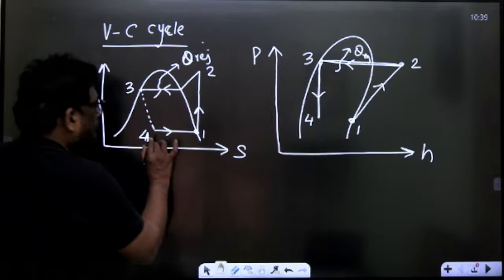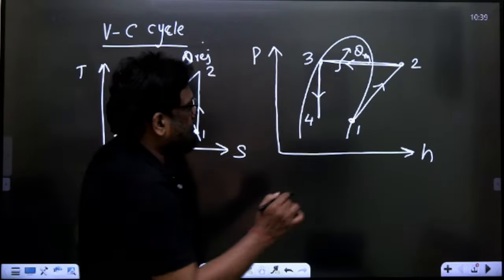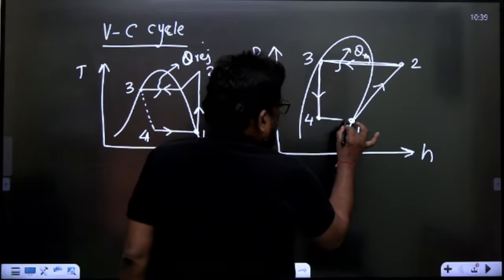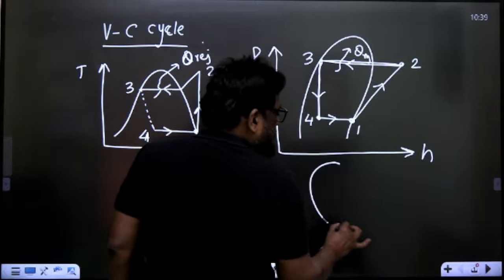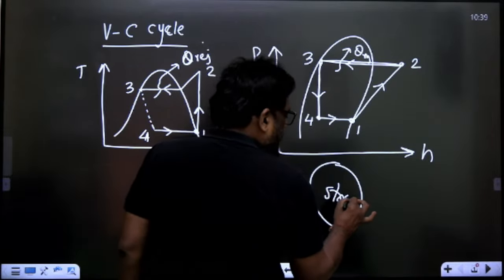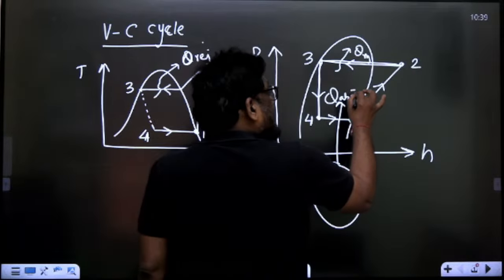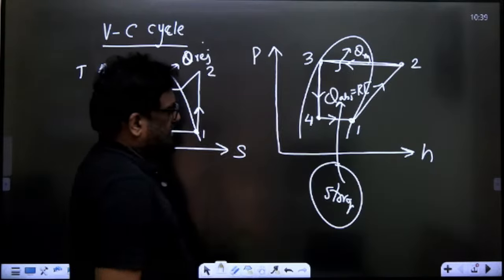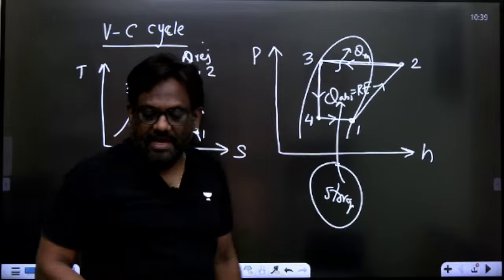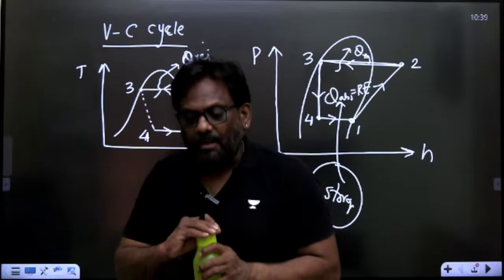And what is 4 to 1? Constant pressure heat absorption. So this is my constant pressure. This is my storage. From the storage, the heat is absorbed. And we also call this the refrigeration effect, sir. This is refrigeration effect. Is it clear, my dear students? यहाँ तक सबको समझ में आया सर? मित्रों,